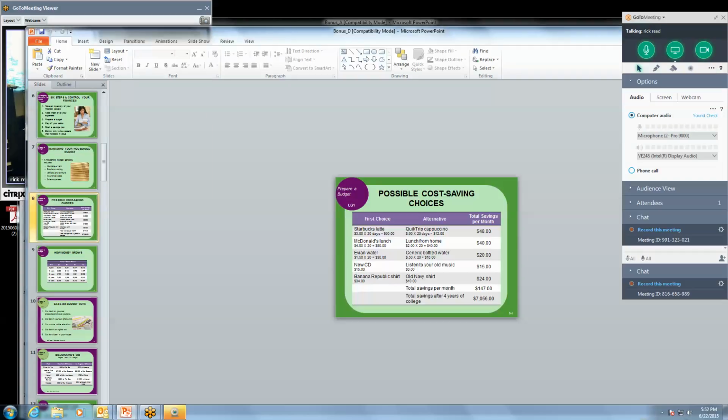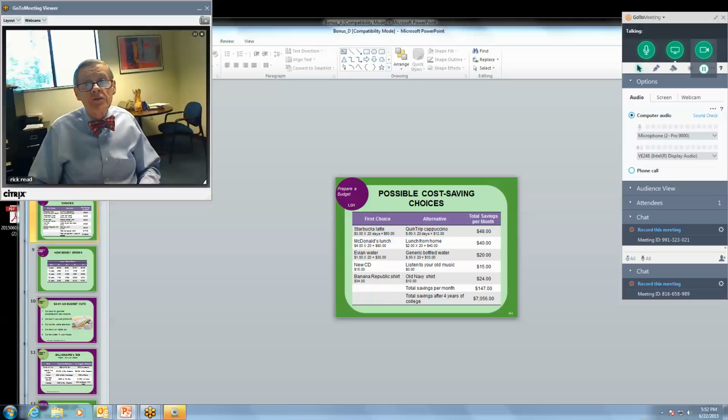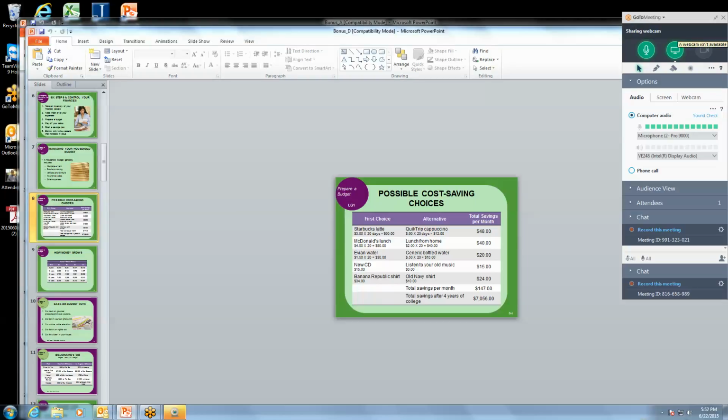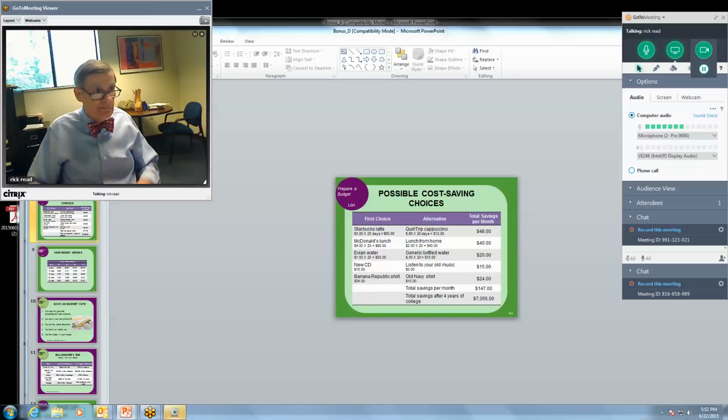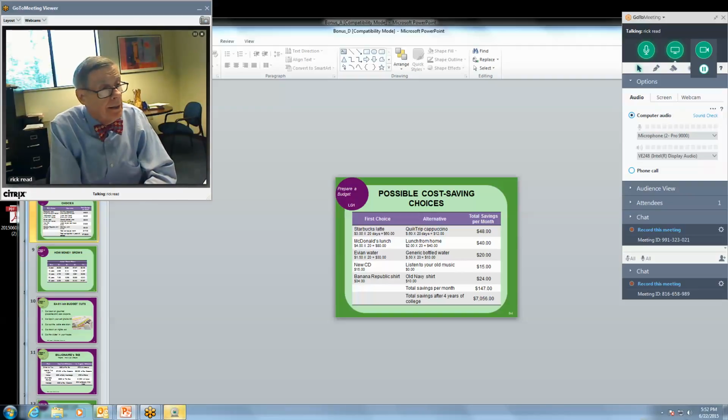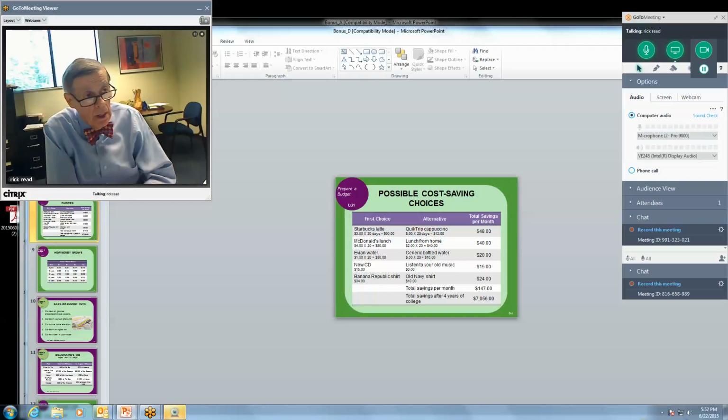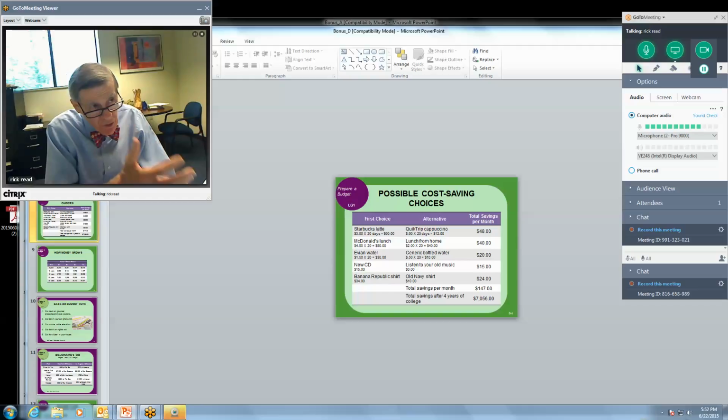This just talks about how you could save money by reducing some nice things to have. And it talks here about buying Evian water, how much it costs. And if you bought generic water, assuming that it came from a reputable source, then you could save a good deal of money. It's just giving you an idea of what to do. It's not telling you to stop that.